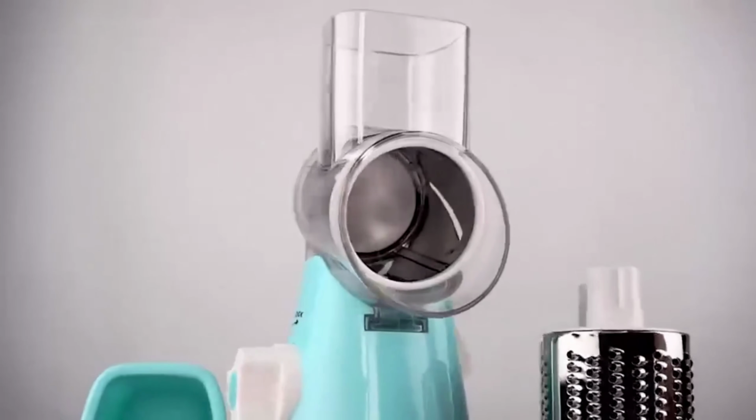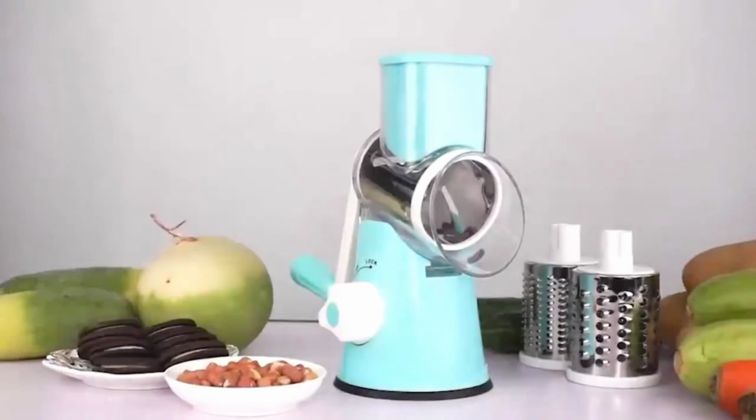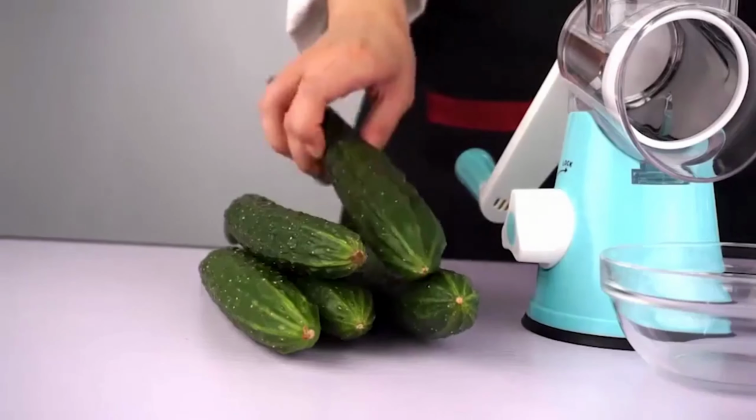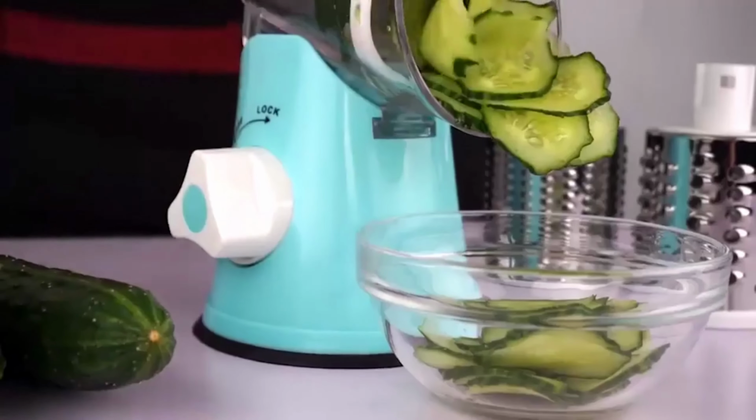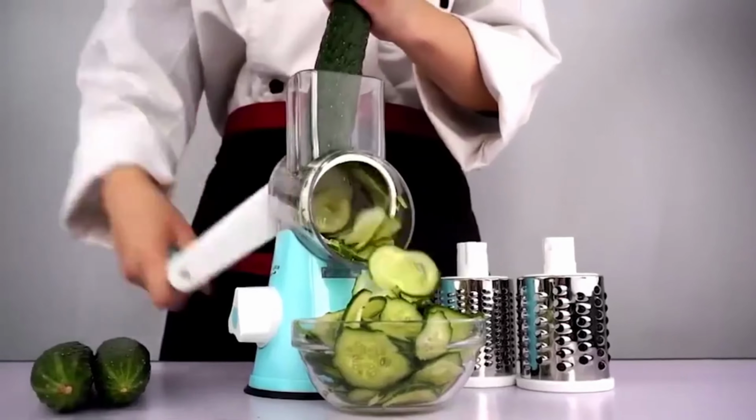Number 7. Multifunctional Vegetable Slicer Cutter Chopper. This versatile kitchen gadget is made from high-quality ABS and stainless steel, ensuring durability and safety. Available in red, blue, and green, it features a large diameter feeding port and a vacuum silicone suction cup for